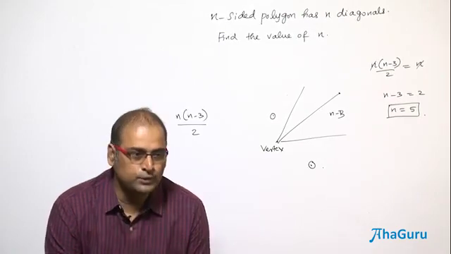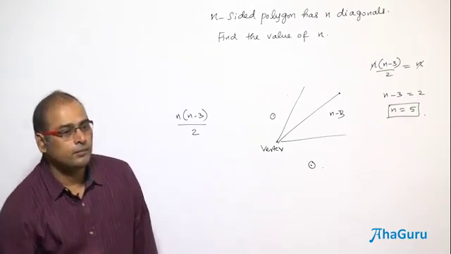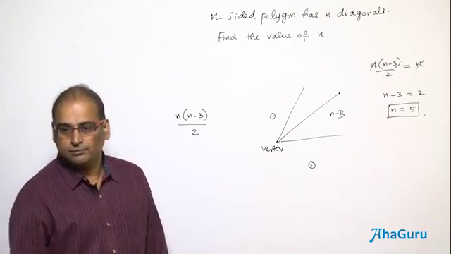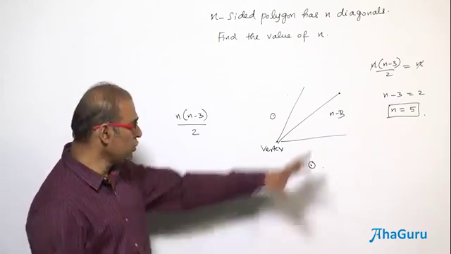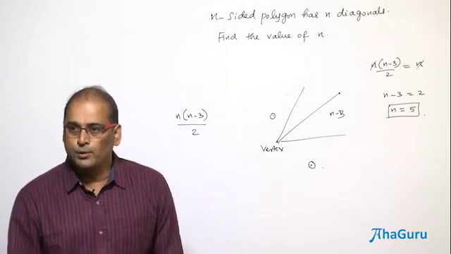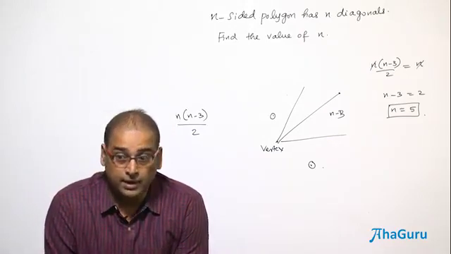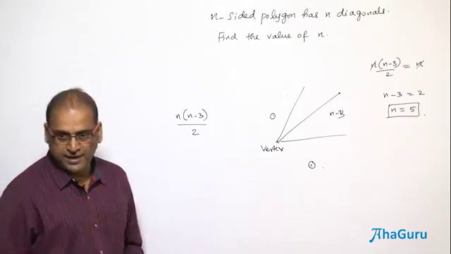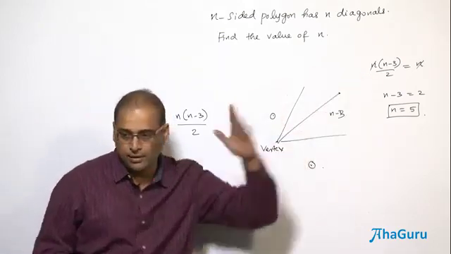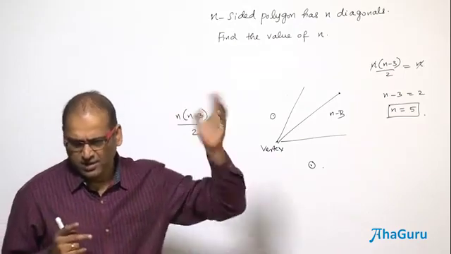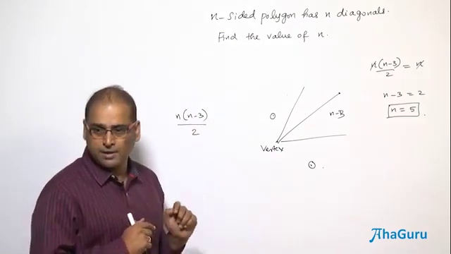But I am going to do this problem differently. Correct? Because you use the formula. I am going to use an interesting way of counting and doing the problem. And it also helps you to find the number of diagonals without even knowing this n into (n minus 3) by 2. It's another perception. Okay. Shall we do that?